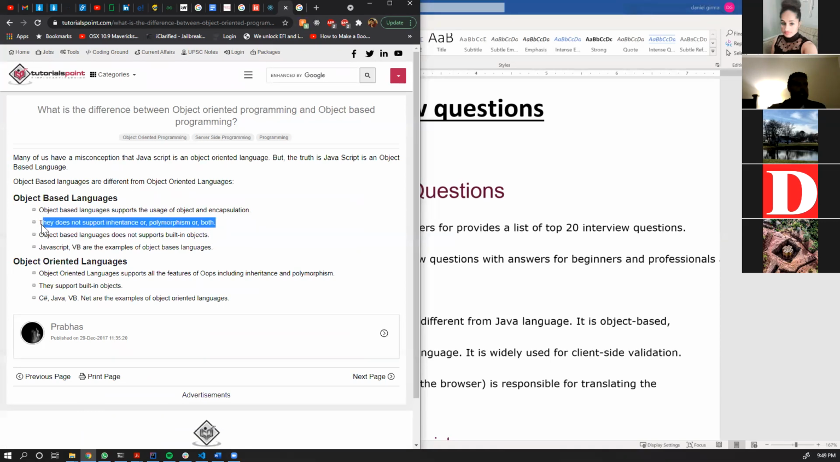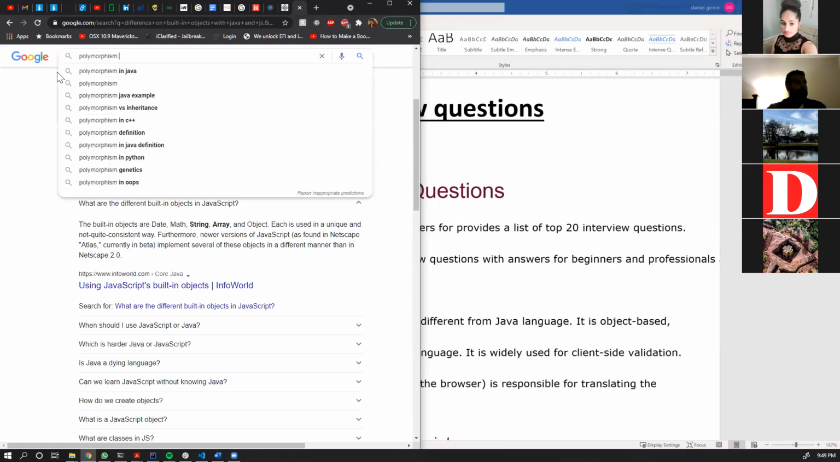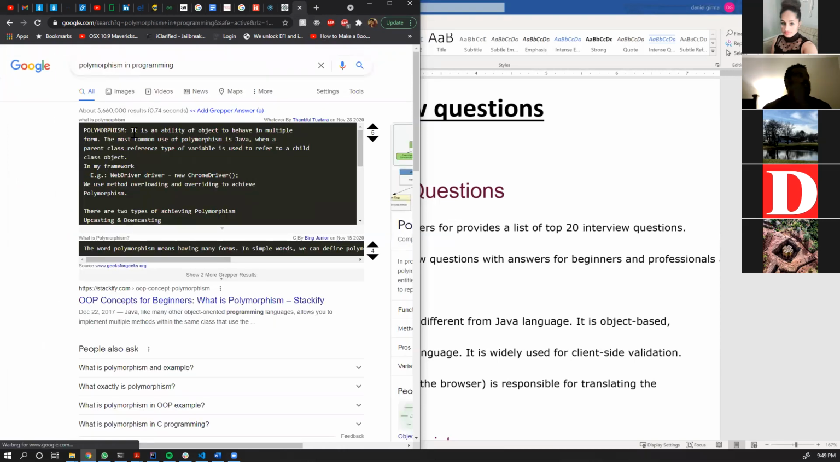For example, inheritance or polymorphism, or both. We can search for what polymorphism is. Polymorphism programming: it's the ability of an object to behave in multiple forms. The most common use of polymorphism in Java is when a parent class reference type of variable is used to refer to a child class object. In my framework,